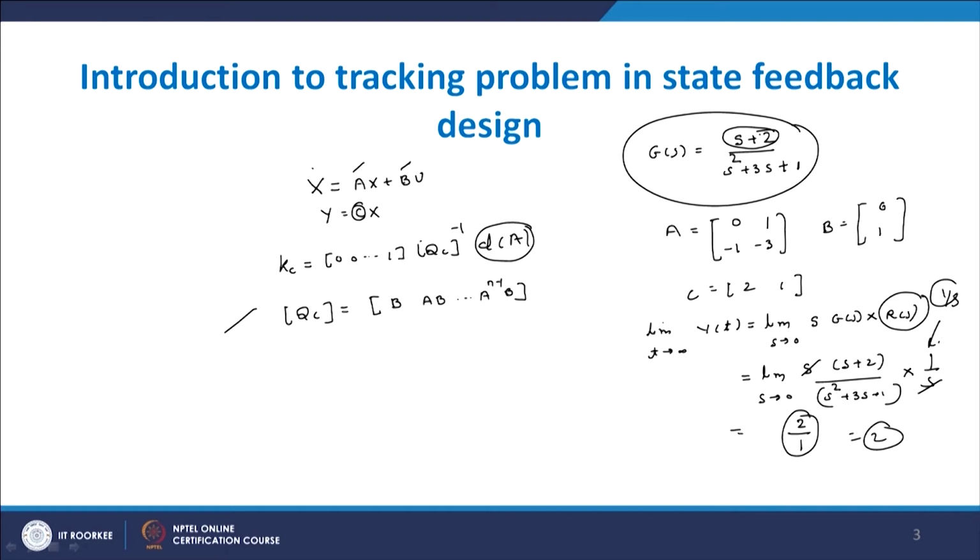Suppose instead of this s plus 2, let us say there is s plus 1 over s square plus 3s plus 1. In that case your steady state is 1. That means the steady state depends upon the C matrix, and here we have not taken care of the C matrix. Now, again see here, now we take one transfer function as